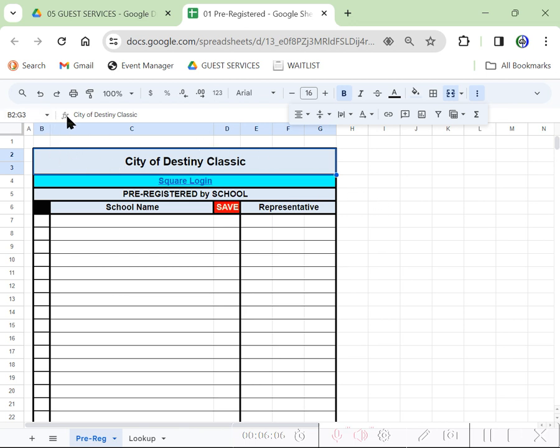Now this is your function bar. This is where you type in formulas and things like that. This is going to reflect the box that you're currently on. So if I click on here, pre-registered by school, when I click on that, you can see that shows up there. Now you can either try to edit that there, or if you want to edit it here,